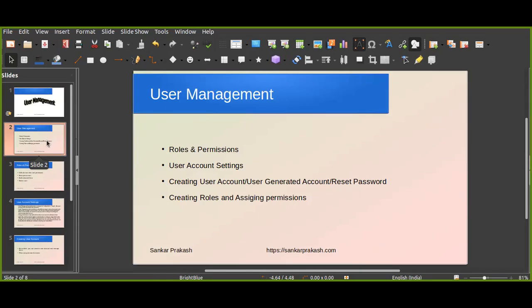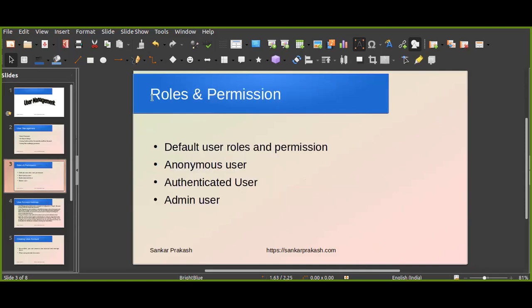So, roles and permissions. By default, the Drupal core package comes with three levels of users: the anonymous user role, the authenticated user role, and the admin user role. When we install the Drupal application, initially we configure one user account. That will be considered the primary admin user account, which will be in the admin user role.